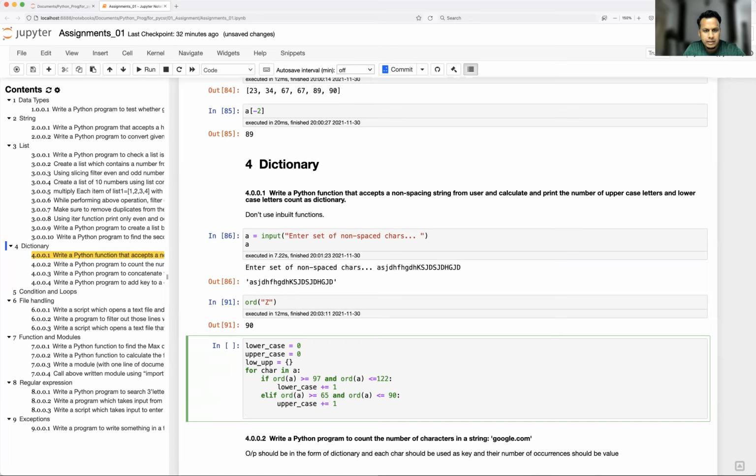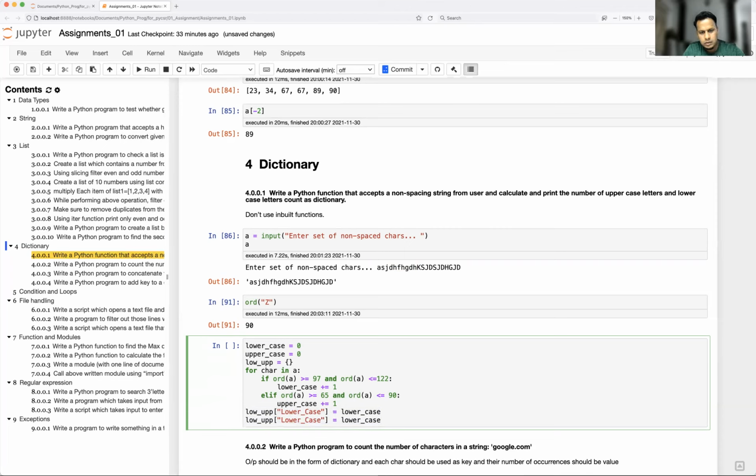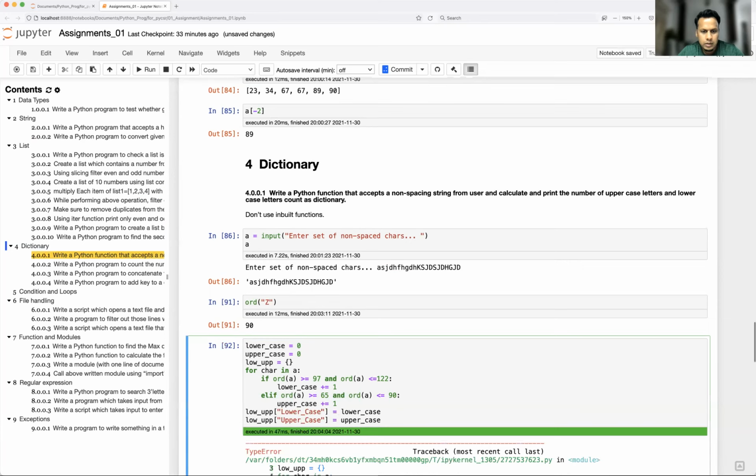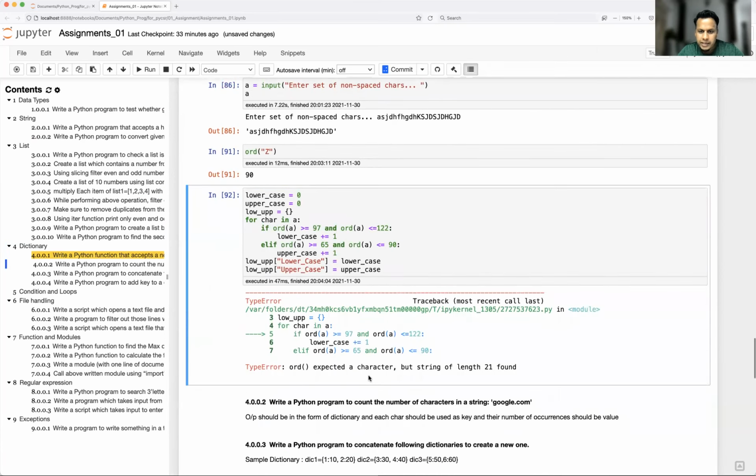And finally you add it to the dictionary. Where is the dictionary? Low, up. Okay, expected character by string of length 21, we got.